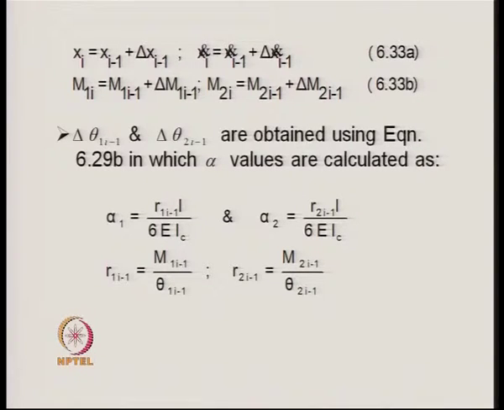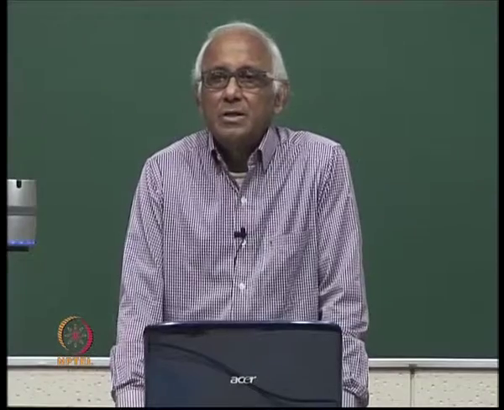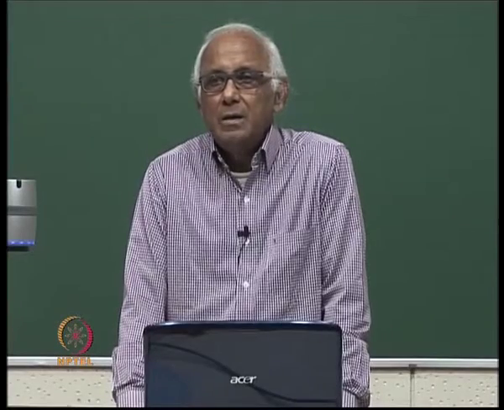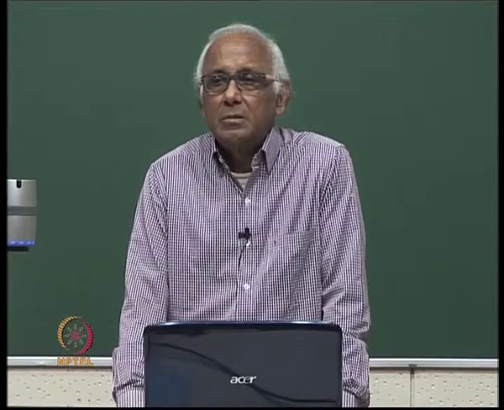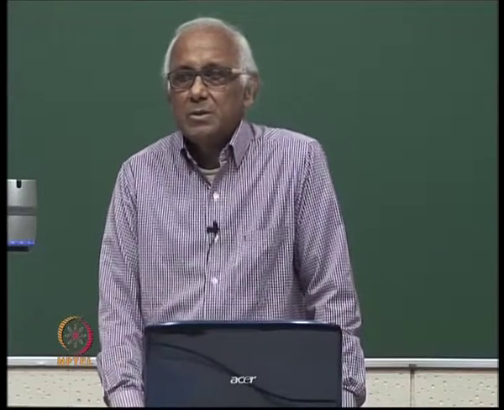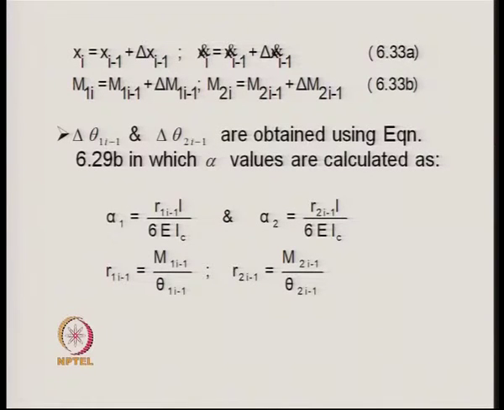For a particular increment of loading, we calculate the incremental displacement, that is delta x I minus 1, to calculate the final displacement x I. Similarly, we record the velocity x dot I that can be obtained by finding out the velocity at the I minus 1th step, that is in the beginning of the delta t time, and after we